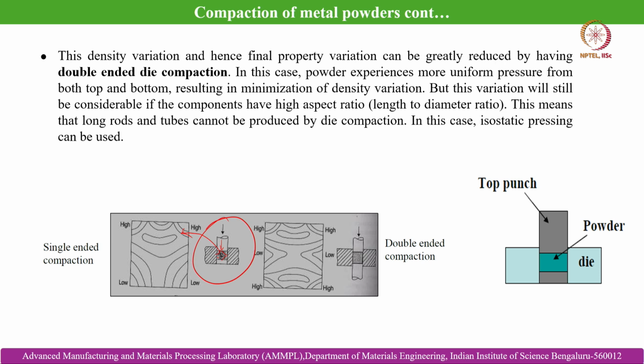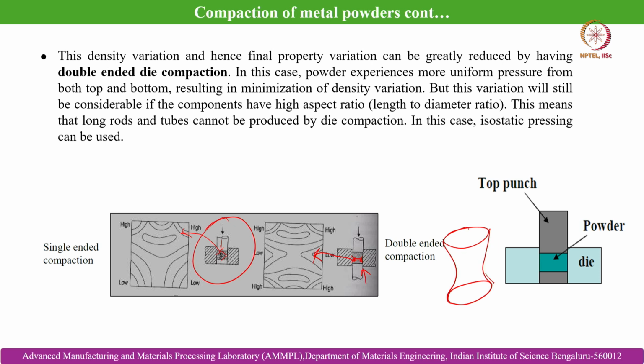Whereas in a double ended compaction, where we are compacting from both top and bottom, there is a density gradient at the top, and also at the bottom there will be higher density, and then at the corners there will be low density. That is what is observed over here, and that can cause a barreling effect in the components post sintering,